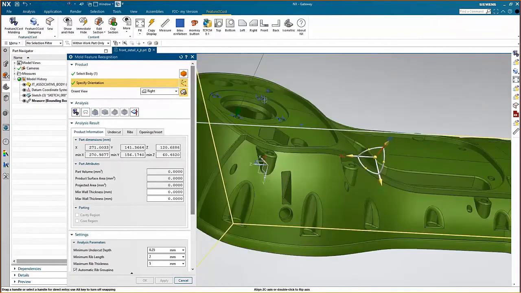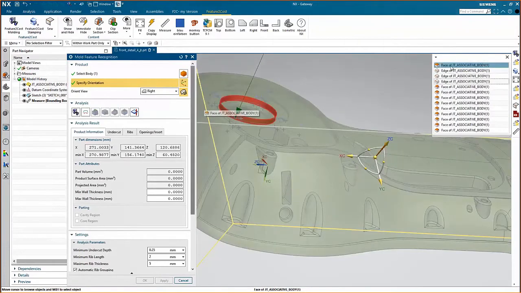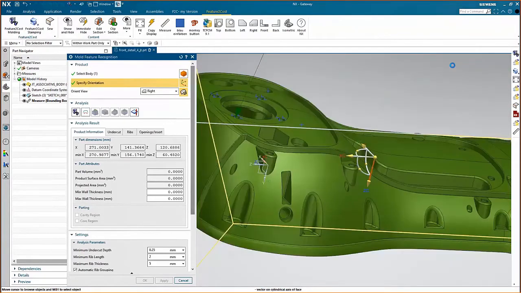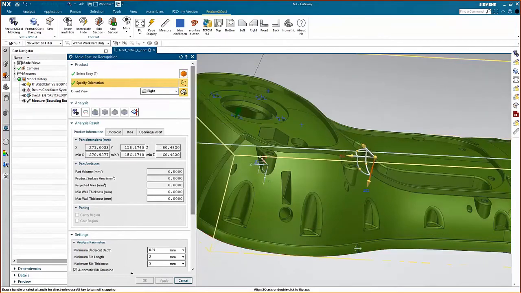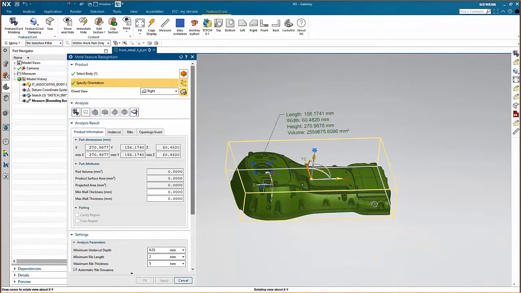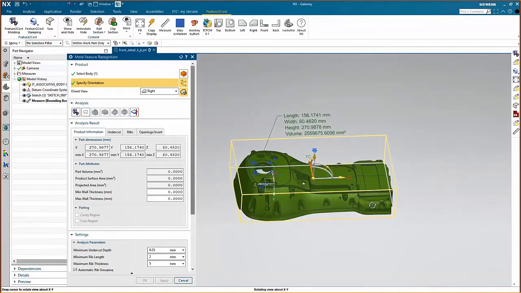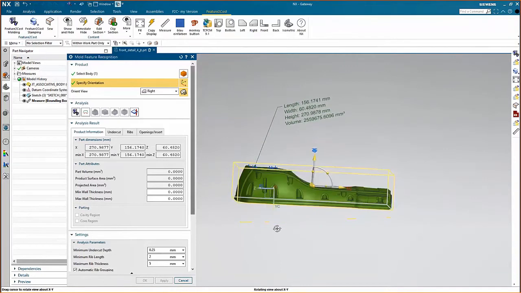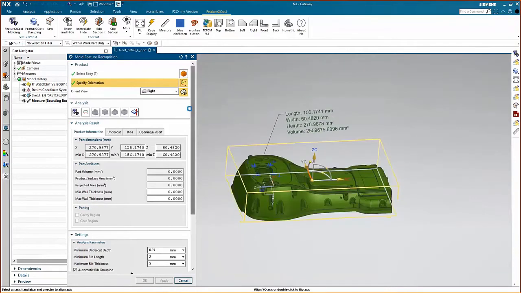So if you want to do it an easier way, we just simply click on the Z-axis, select the face of the part, click on it, and automatically the Z-axis orients it perpendicular to the face, changing now the direction because we want it in the other way. Double click on it, and now we have the correct setup for our tool. Now we are hitting the Analyze button,